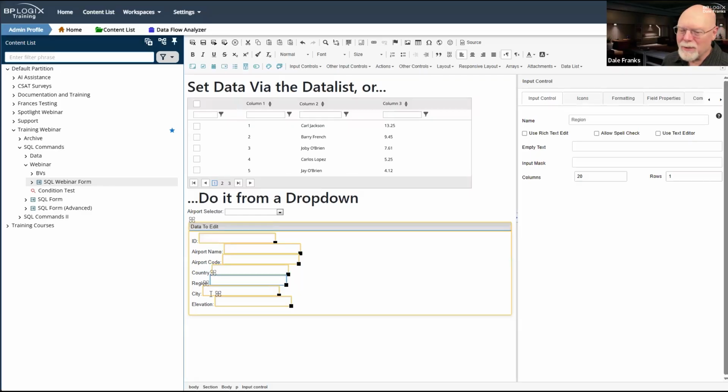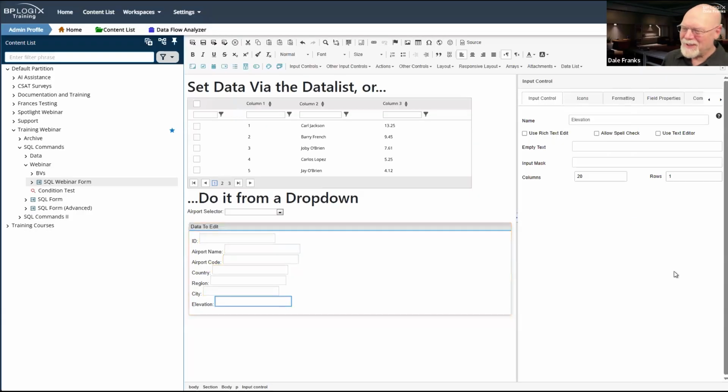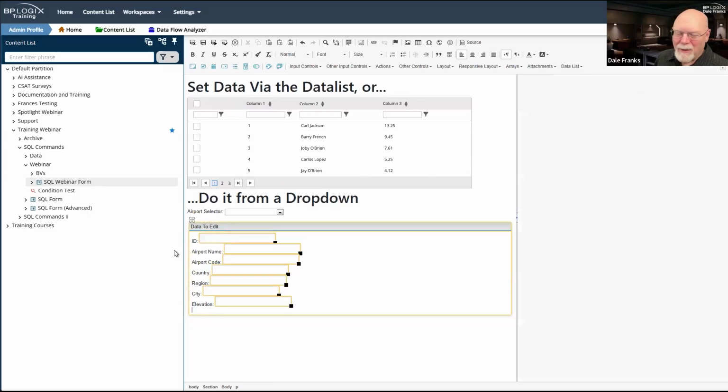And I also did region, city, and elevation. So I will just have to remind myself to change some of this whenever I copy and paste it here in just a few minutes. I really should have ensured that when I named these fields, I named them the same thing that are on my sample form, but in any event, we'll live with it as is.